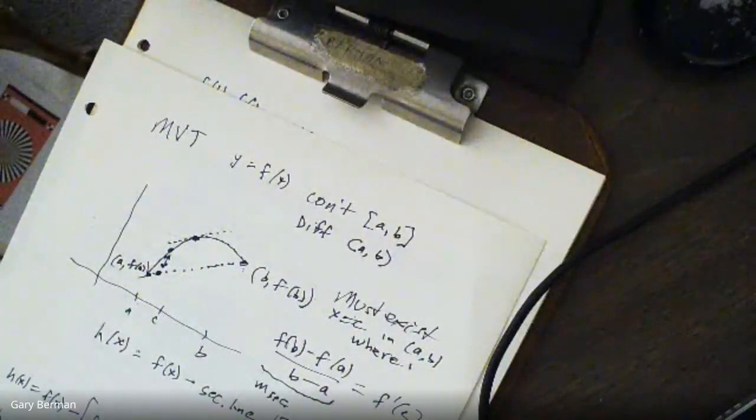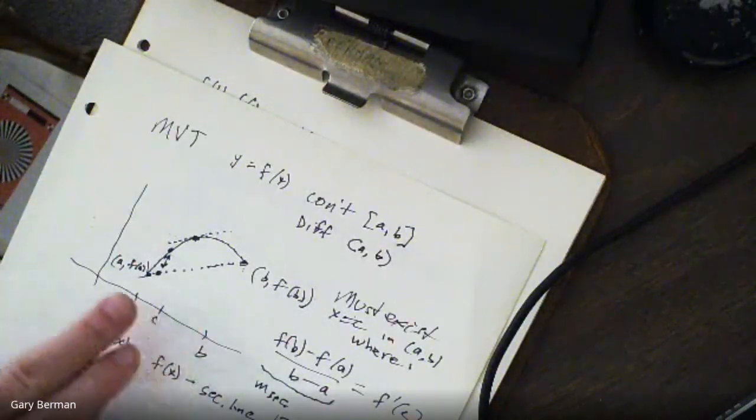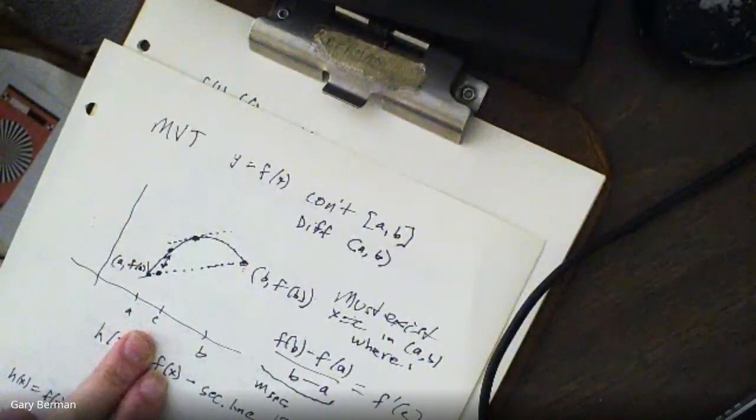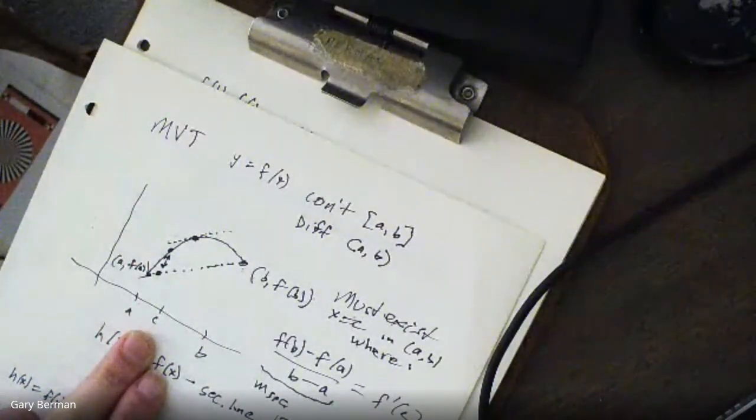The mean value theorem is what we call an existence theorem. It tells us there must be such a point c, but it doesn't tell us anything about how to find it. And usually you cannot find it. You know it must be there. But believe it or not, just knowing it must be there is good enough for most of the uses of